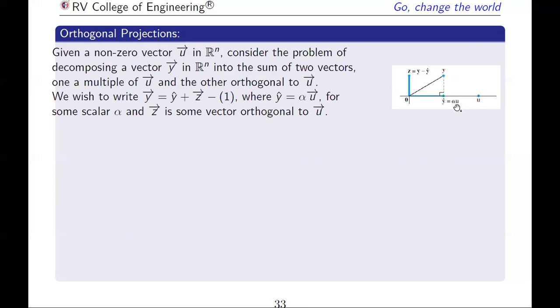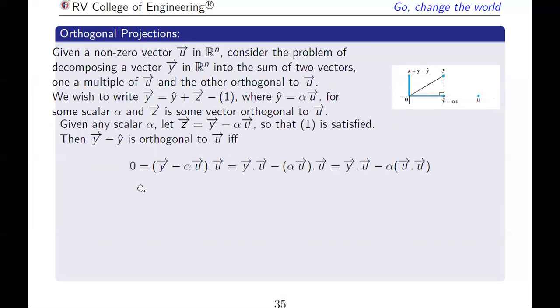So y cap will be some multiple of u, and this is the vector z, which clearly is orthogonal to the vector u. Okay, so here since z and u are orthogonal to each other, obviously their dot product would be equal to 0, and that's what we have indicated here. So the dot product of z and u is equated to 0,